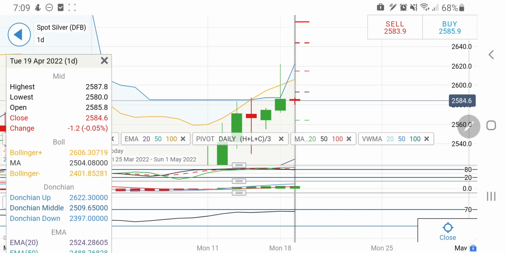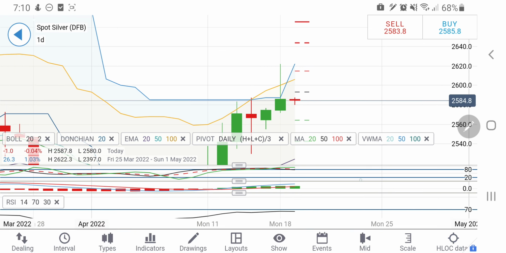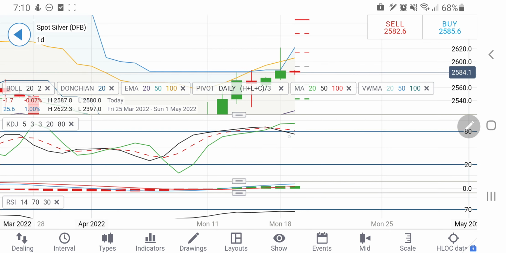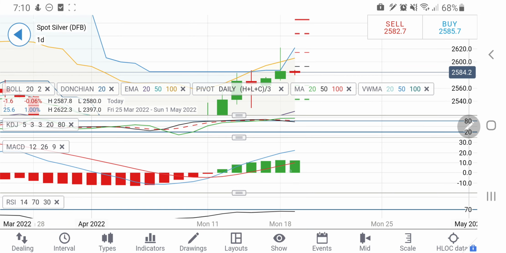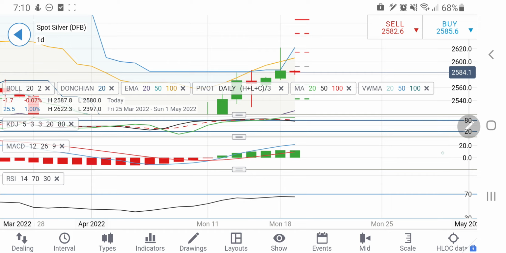Beyond 2595 again you can expect that it may try to come back till towards 2605 levels. Probably that is going to be the target. Beyond that also we can see a strong rise. So take your position. One can only take a long entry above 2595 levels. See, it is strongly overbought. It is trying to cool down a bit. MACD is white divergent and may try to converge from here. So considering this, a long entry beyond 2595 or short entry below 2575 can be taken.